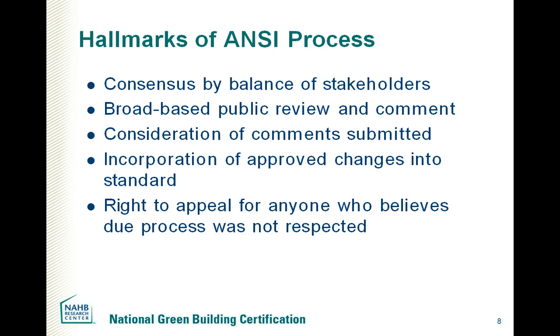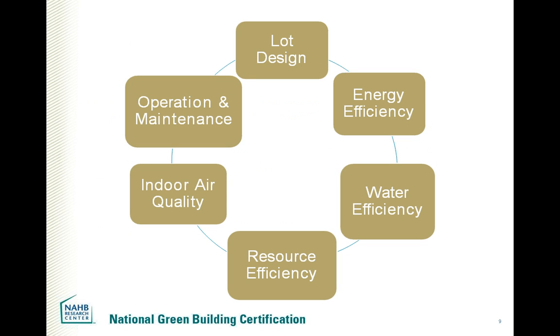For the process, there has to be broad-based public review and comment. I think we accepted over 2,000 public comments during the process, and every one of those has to be answered as to whether it was accepted or rejected, and if rejected, why. So a very thorough vetting publicly to go through in developing the actual standard. And then finally a right of appeal, so that if anybody feels they submitted a comment and it wasn't adequately considered, they can bring that up and have an appeals process. But finally in 2009, it was approved by ANSI as the first and right now only standard for a green